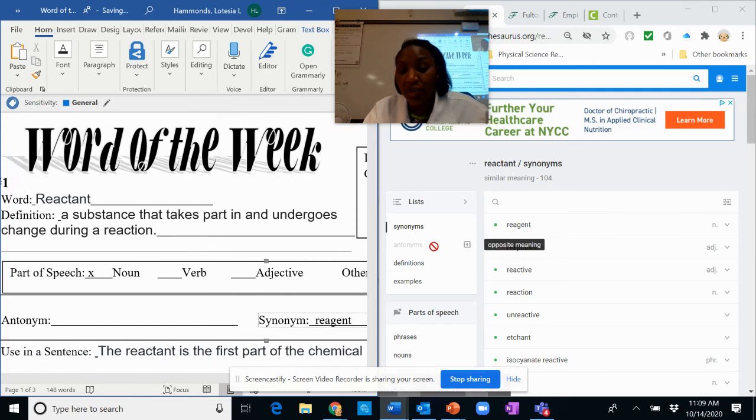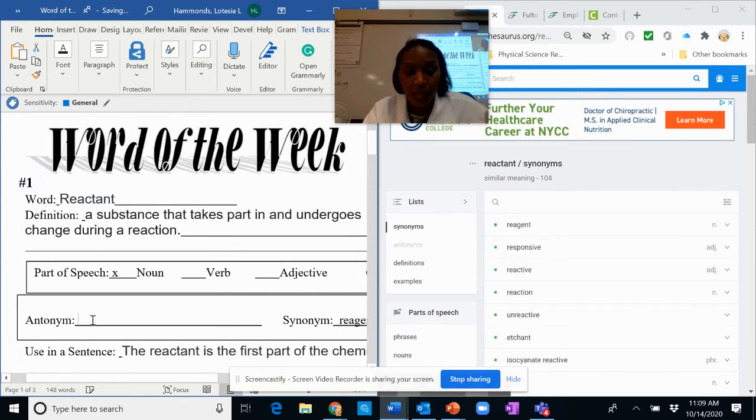Notice that antonyms is grayed out, right? When I go through and look at your work, if I see blank, I see F. I'll be like, didn't do. If you put N/A, not applicable, or NONE, I'll know you looked for it and that there wasn't one. So I'm asking that you put N/A or you put none. I would say, do you have questions, but you're not with me? So if you have any questions, bring them to me tomorrow.